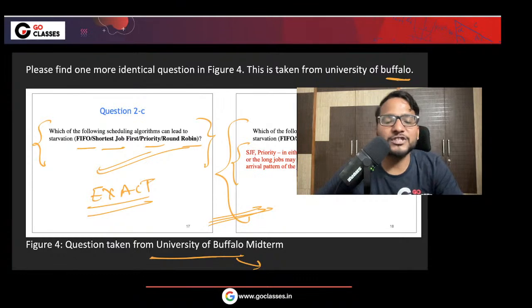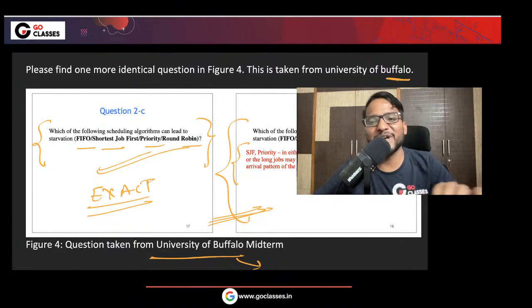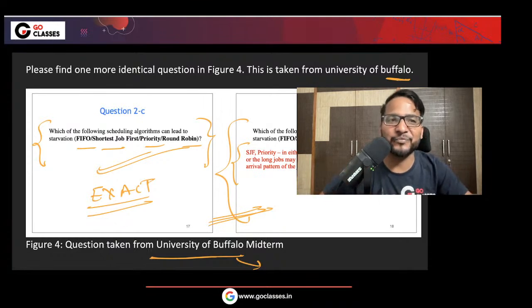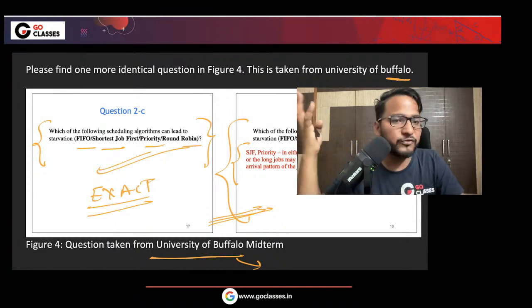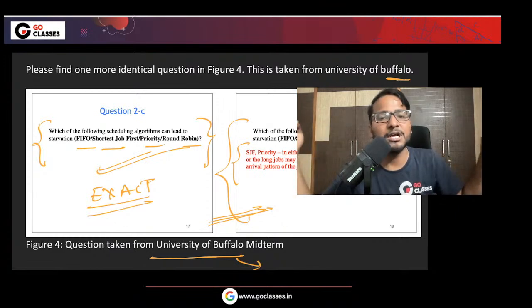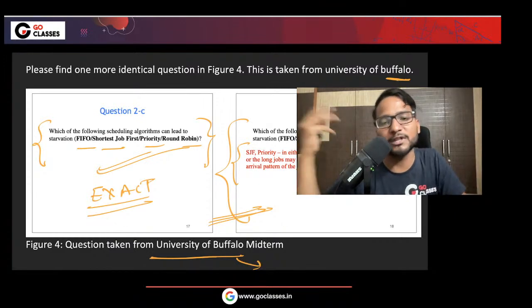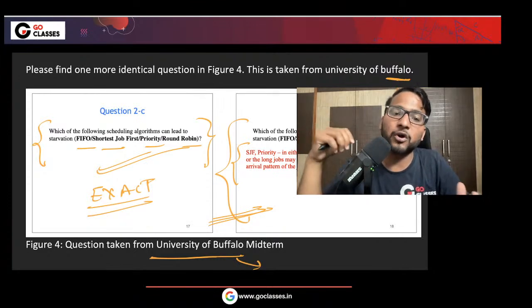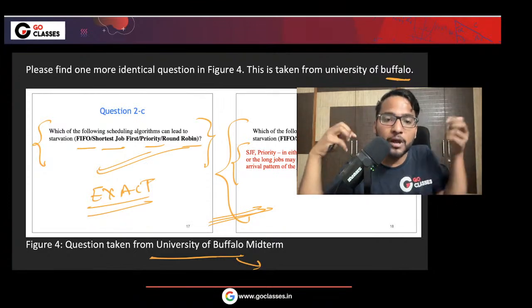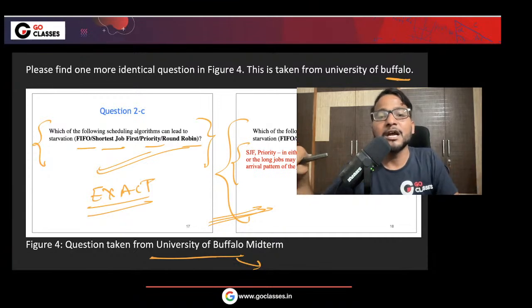So first of all, we are talking logically. This is the logical argument we are giving. It is not that I have taken any assumptions or something like that. We have done very good research, and we have found that every source is saying, logically, if you think that FCFS has starvation, that is correct, because infinite jobs are possible, then it will have starvation. But why are all of the sources saying otherwise? Then we got to know that this assumption is so implicit that everyone is assuming it.